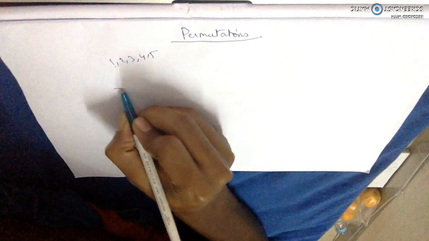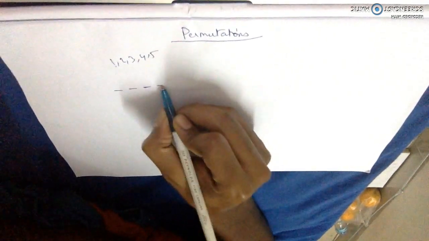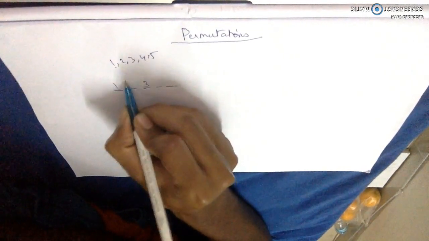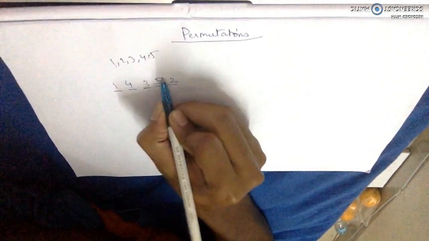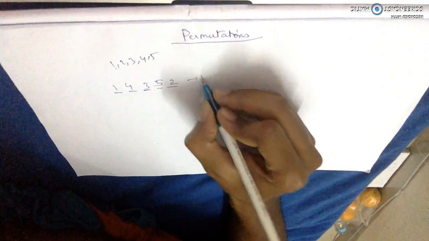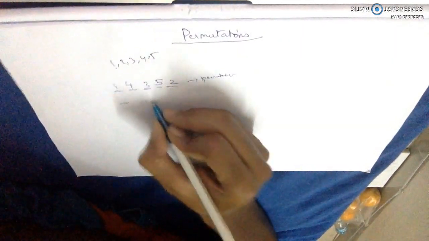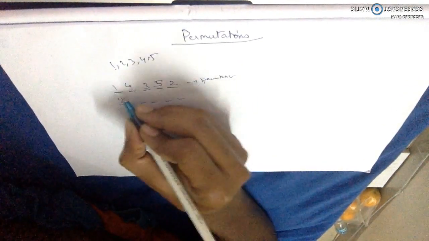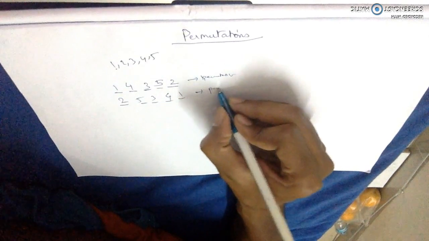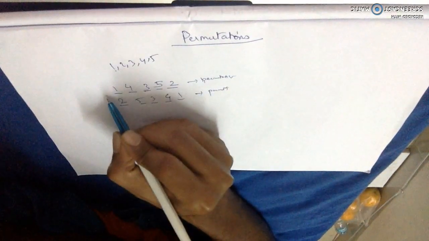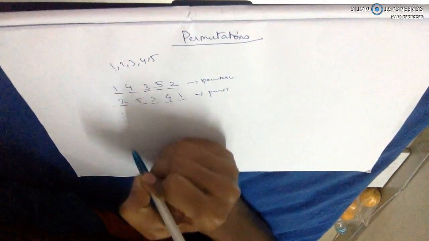Arranged means, let's say you have these five places and you want to arrange them. You put one here, you put three here, four here, two here, five here. Now this is one permutation. The other way you can arrange them is you can maybe shuffle them more. You can put two and then four, five, one, three. This is another permutation. So basically what we are going to see today is when you count all the permutations,